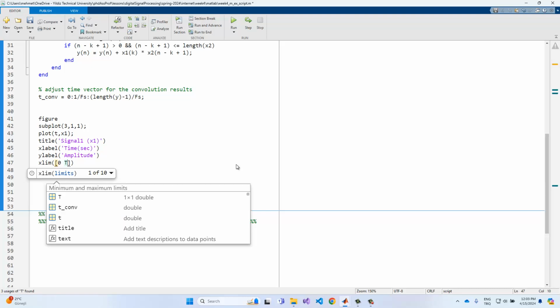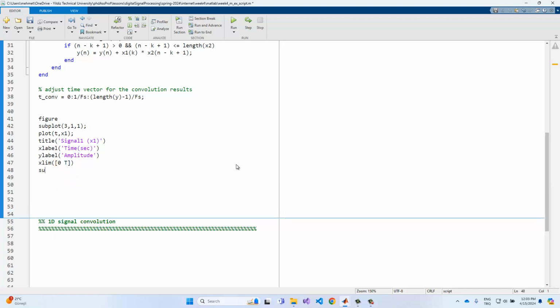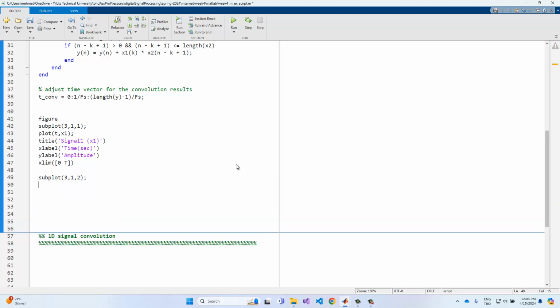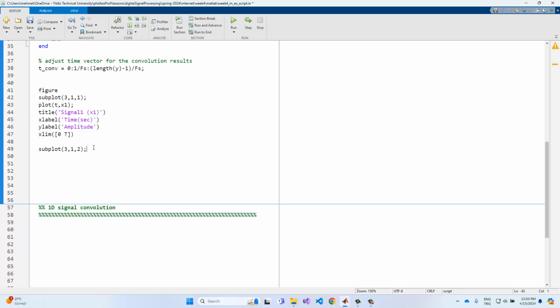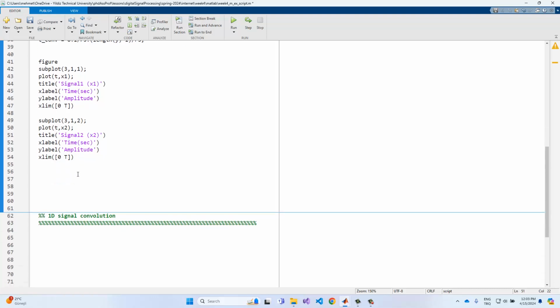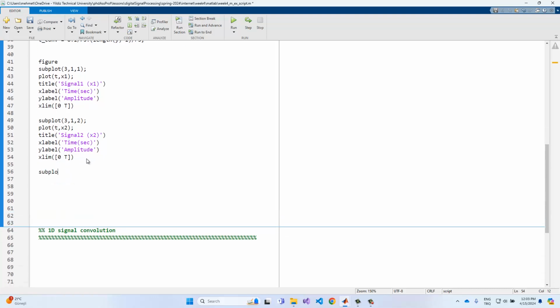The 0 to T. Okay. And also the subplot should be given just like this one, the second subplot in here just like this one. We can copy all of these things in here, x2 and 'signal 2', 'time (sec)', 'amplitude', okay, and also subplot